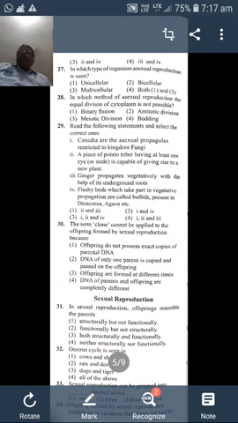We know that living organisms reproduce asexually or vegetatively and also sexually. So, sexual reproduction. In asexual reproduction,